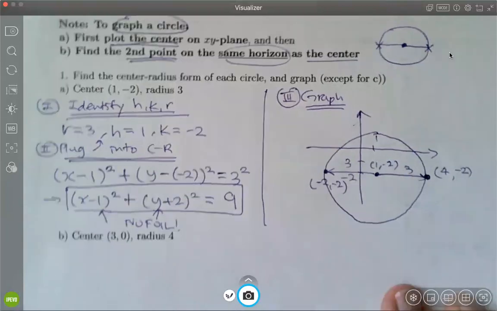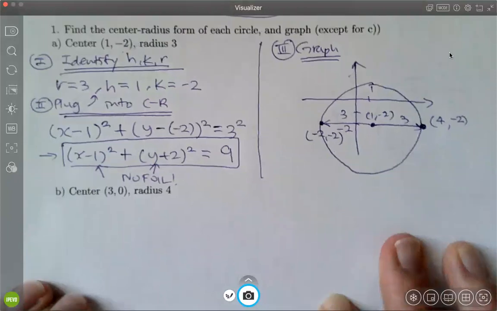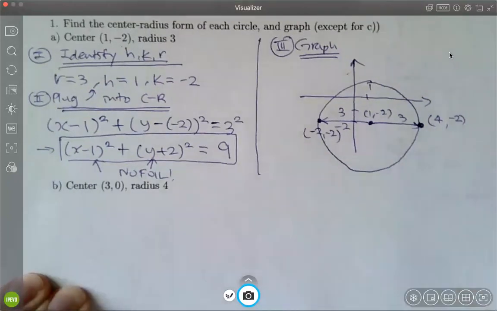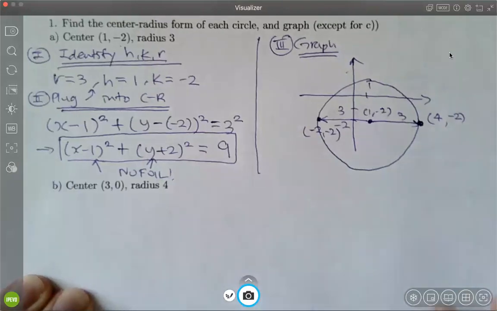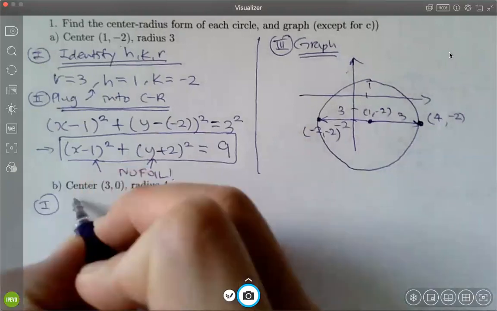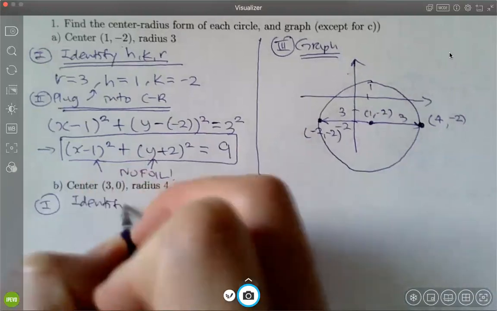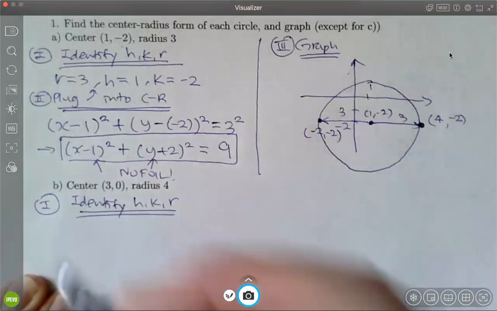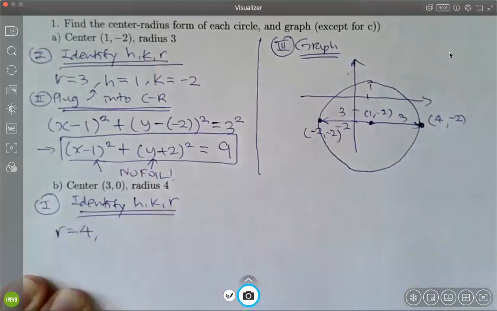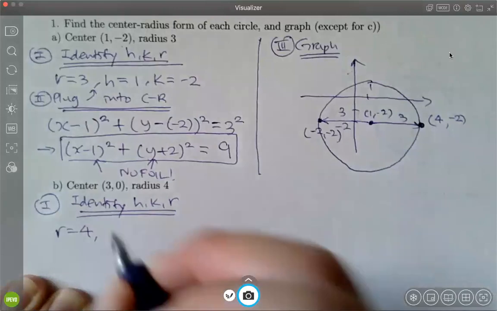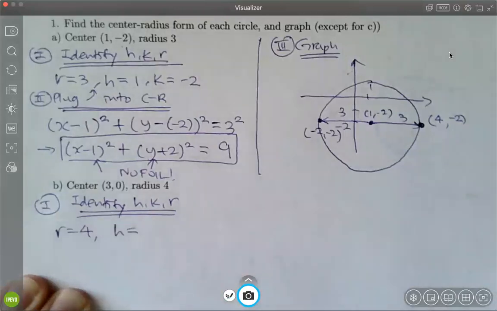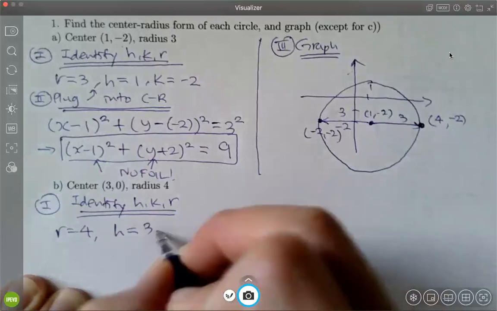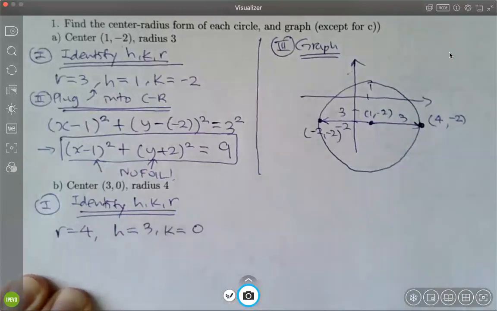Okay, so that's that. And part B. The center is at 3, 0, and the radius is 4. Okay. So again, we do the same thing, identify H, K, and R. Okay, so I guess the radius is really automatic, right? So the radius is 4. Okay, and what is H? 3, right? And K is equal to 0. Yeah, right? Okay, so now plug them in